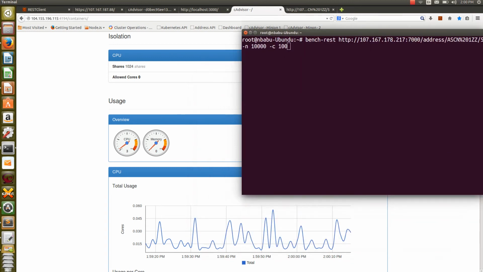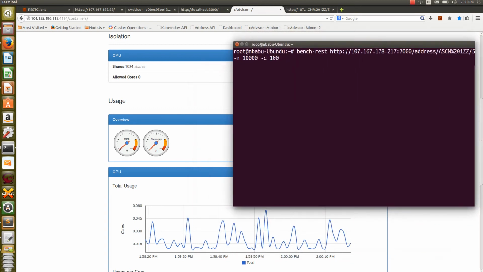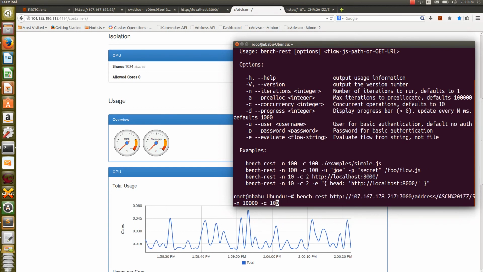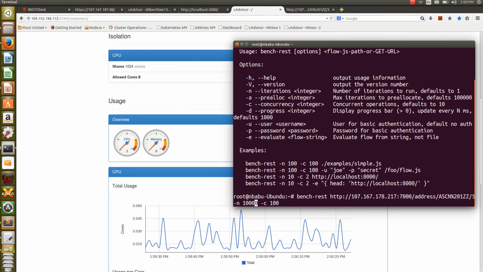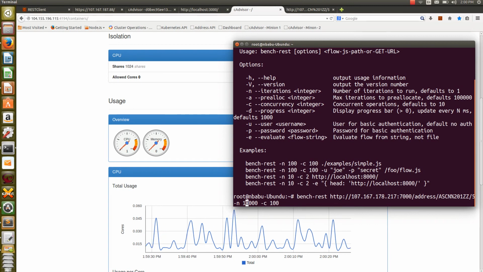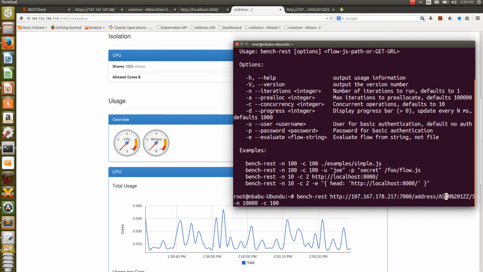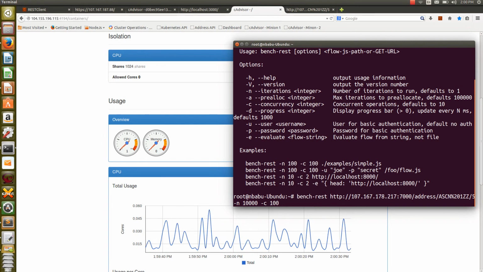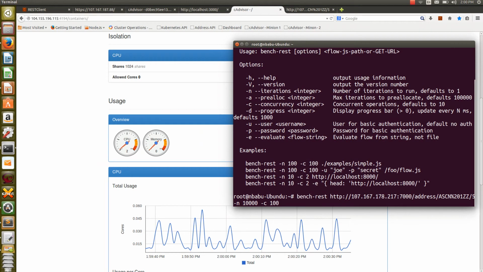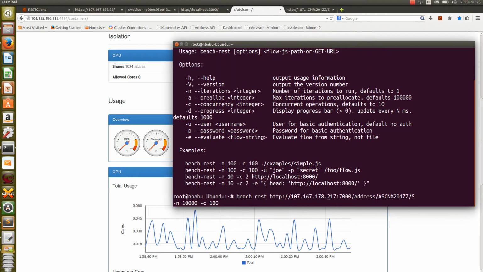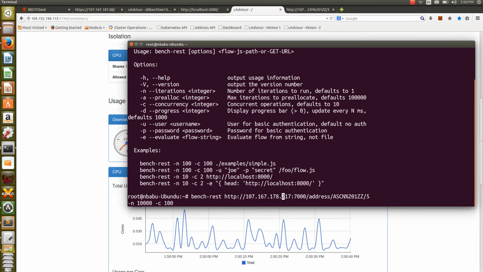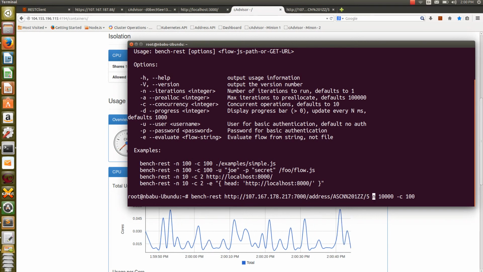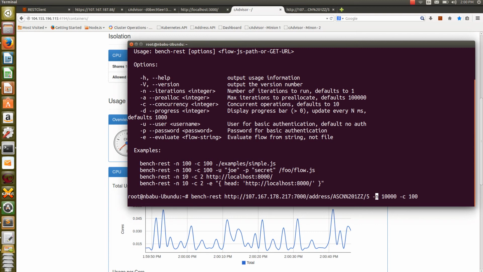You can see the monitoring happening in real time, in a second. Sorry, I think I'm doing something wrong. I'm going to hit it.